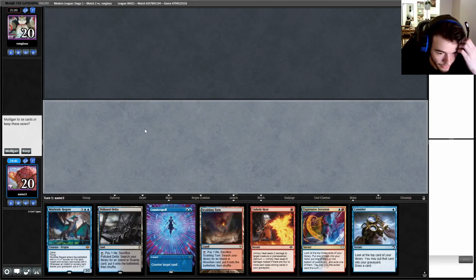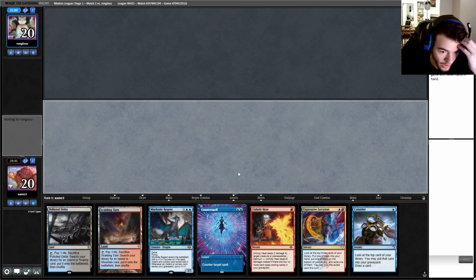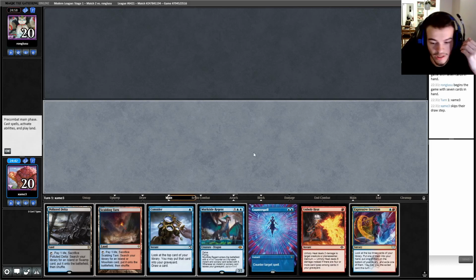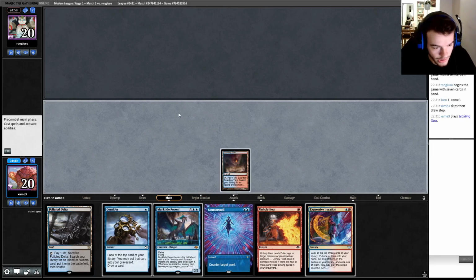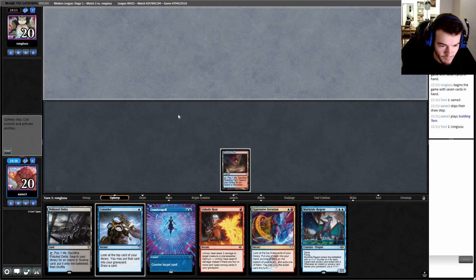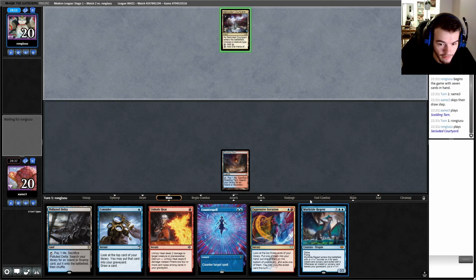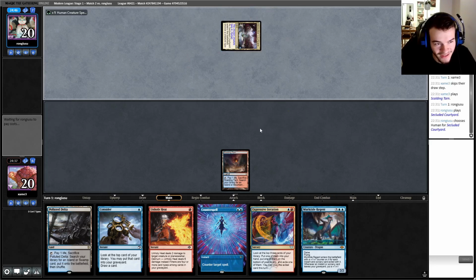All right, round number 2, we're on the play. That's a pretty good hand. All we are missing is a 1-drop, but honestly, that's a really good Murktide hand. Most of the time, the game is going to go kill your stuff, counter your stuff, play my Murktide, swing, swing, swing, and that's just a great way to win a